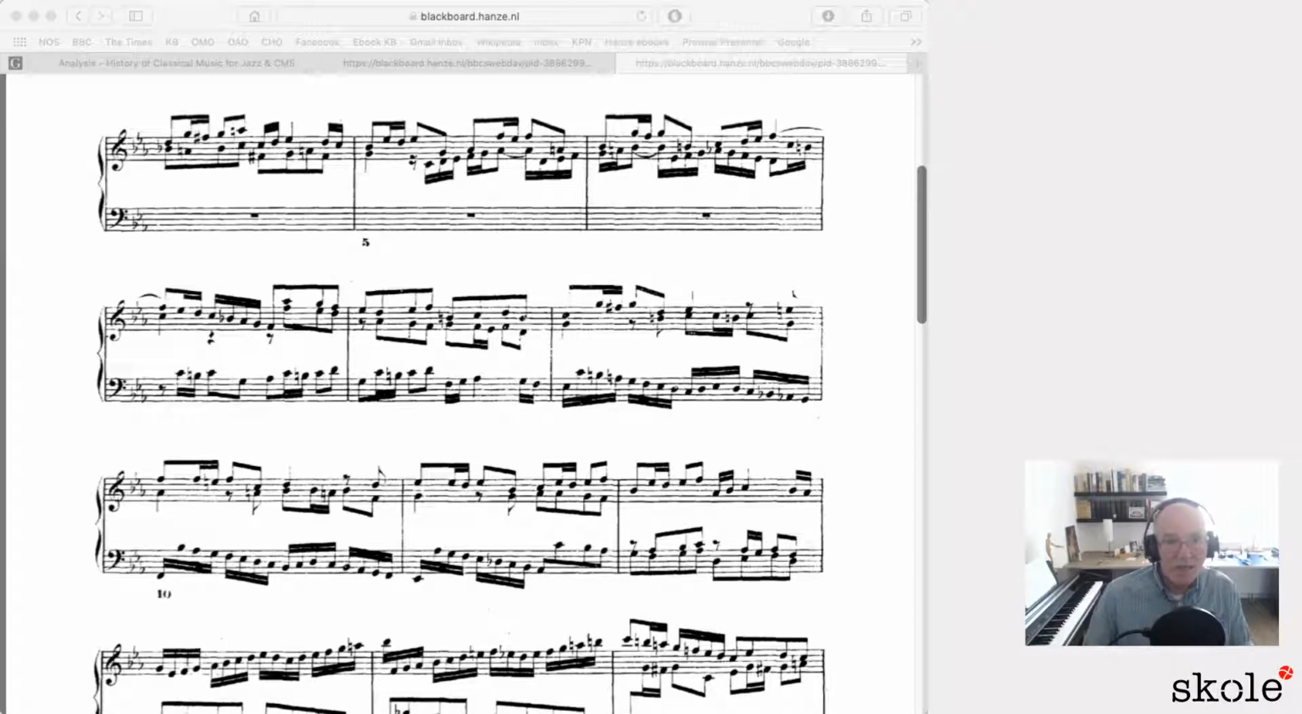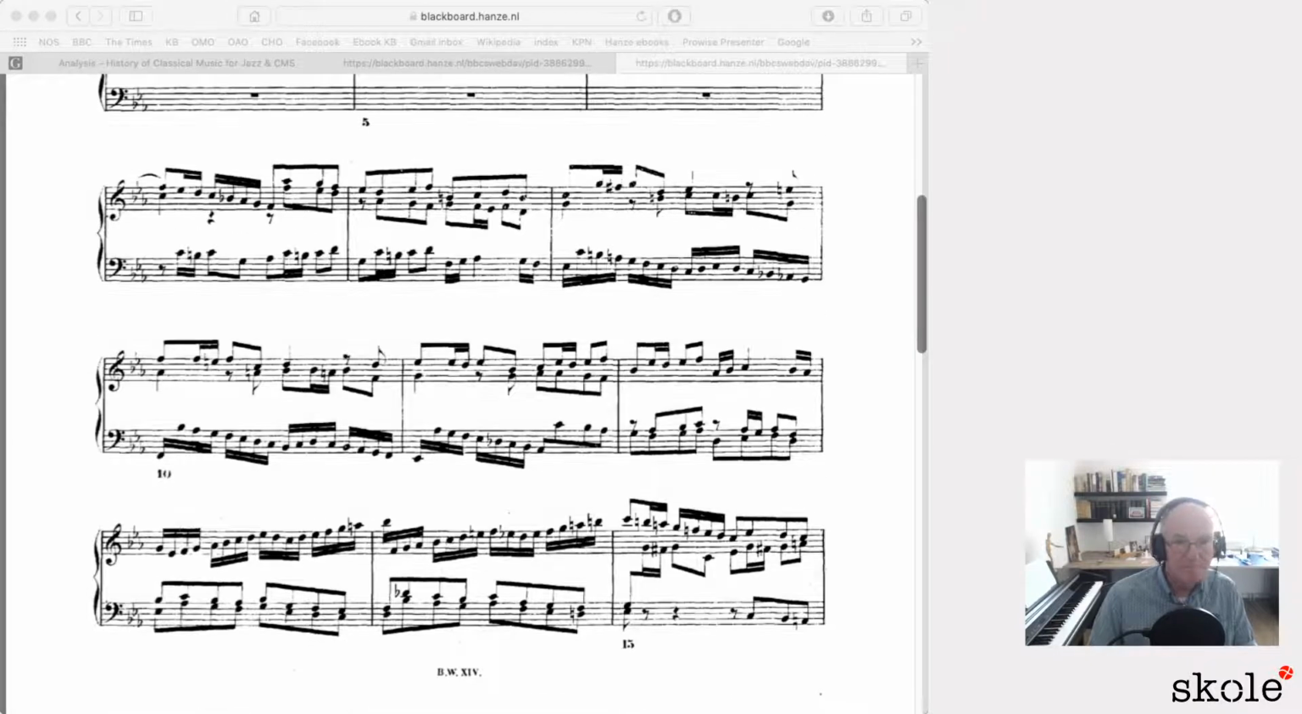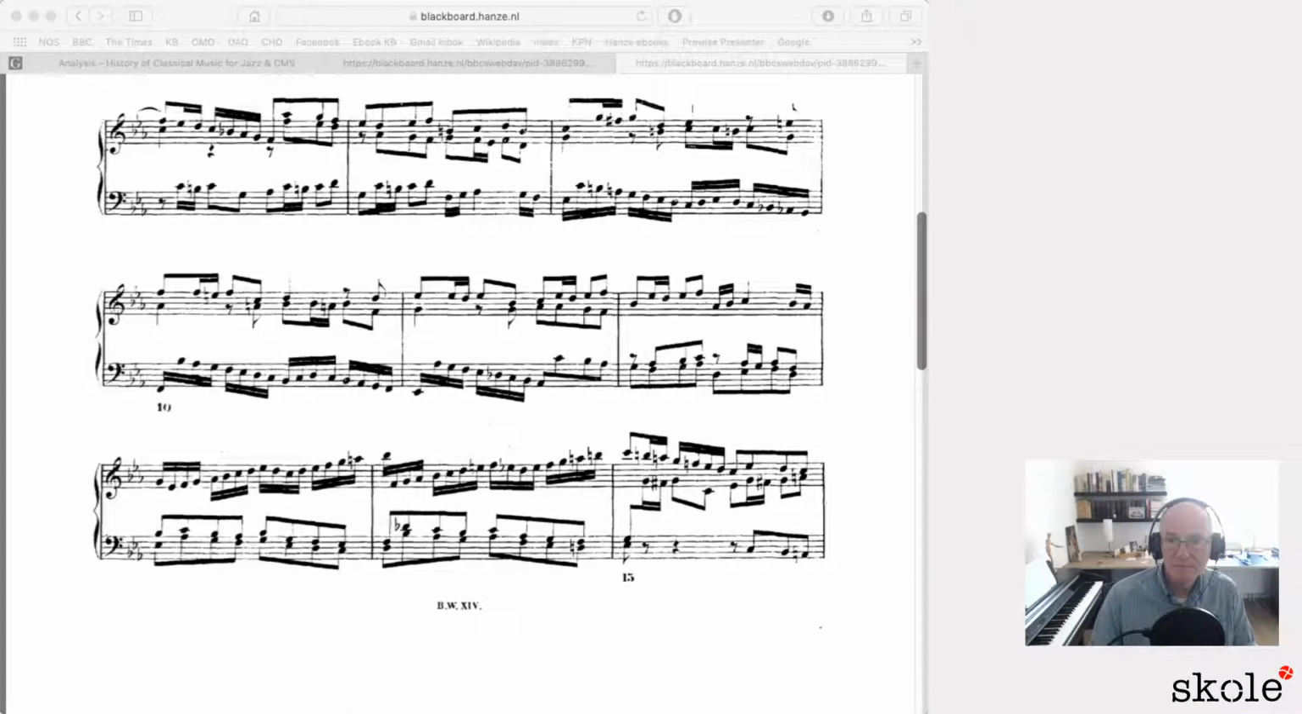And then when we have arrived at A flat, then we get the first major version of the theme in E flat major. Here we go. Major version. Sequence. And you can also hear that